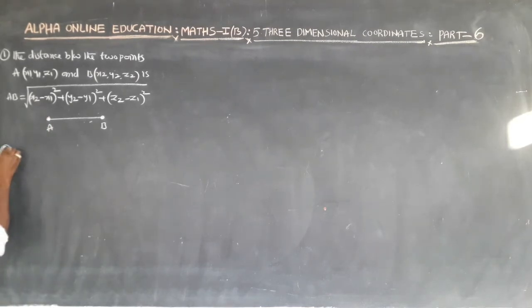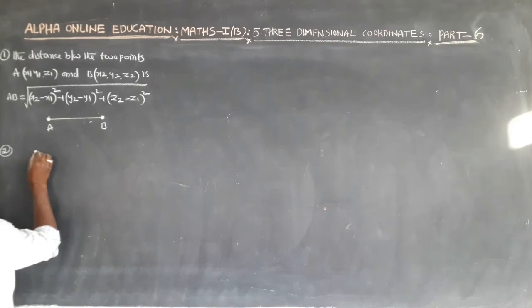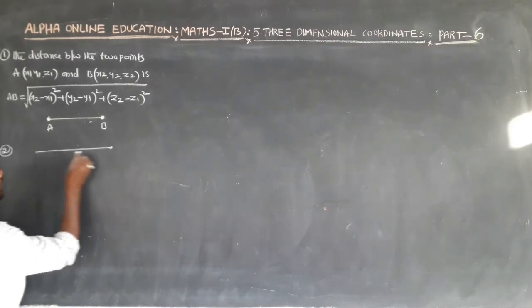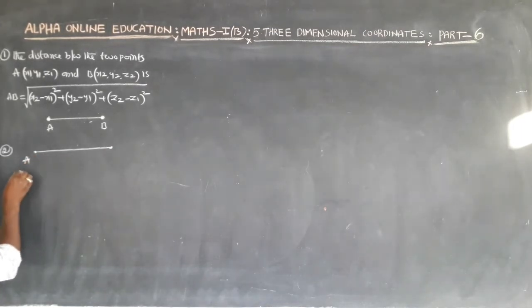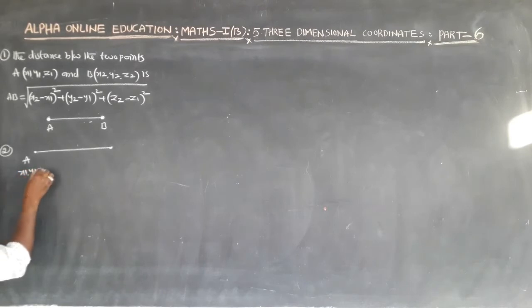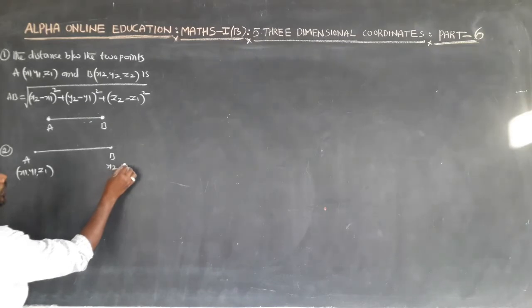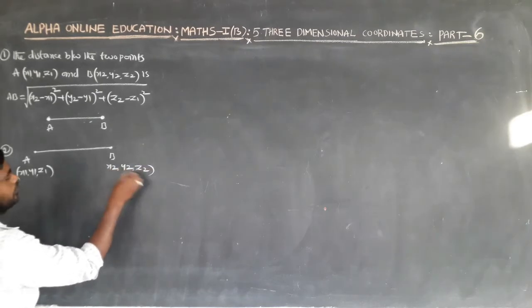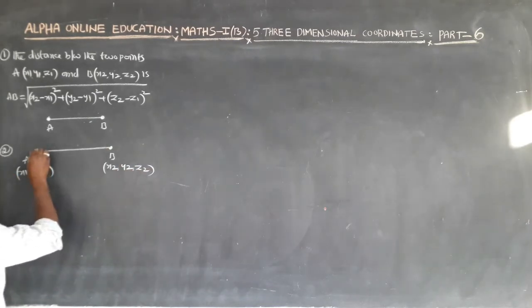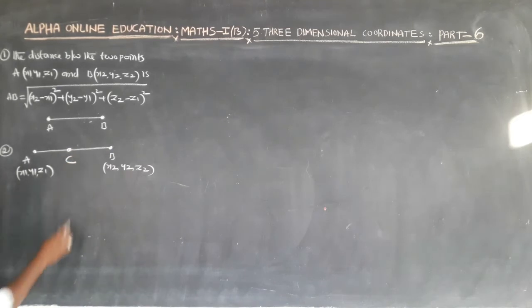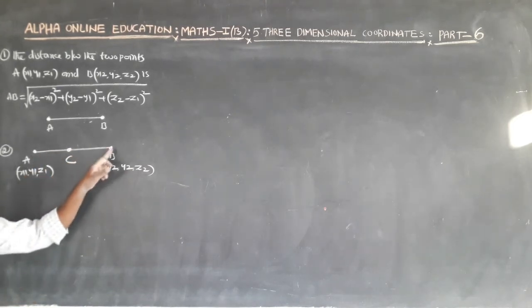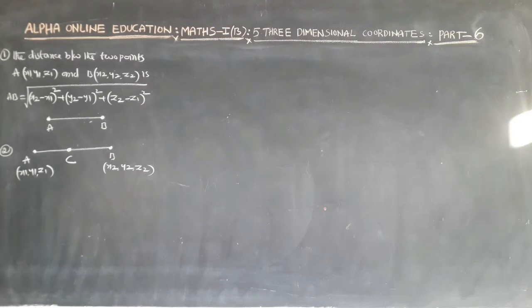Second one is the midpoint of the line segment joining the points. A point x1, y1, z1 and B point x2, y2, z2. The midpoint of the line segment joining the points A and B is the midpoint